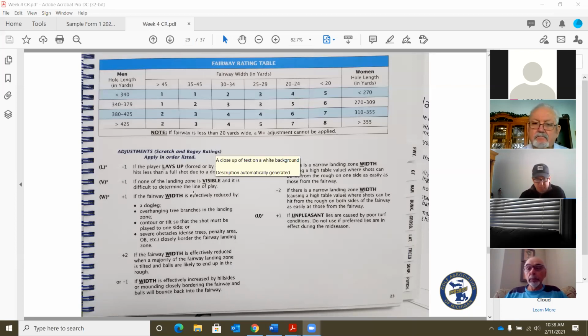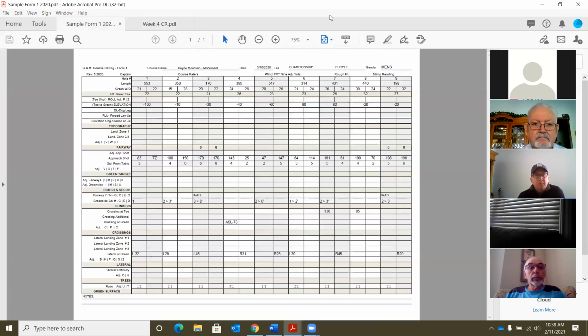All right, so if we talk about some adjustments, just looking at the Form 1 here. When we have an adjustment in the fairway here, we have a line for the adjustments, and we have what they are. And then we just write those in this column here. So if we had a W minus adjustment here, we would just write W minus here. And then that would allow us to